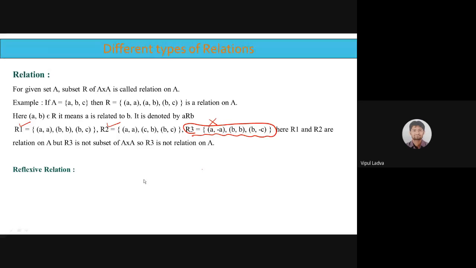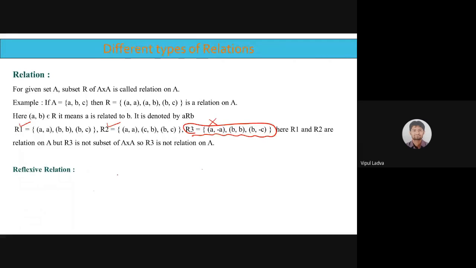Now, once we are good with the definition of relation, we should move to the different types of relation. अब रिलेशन के 2-3 अलग-अलग टाइप, 2-3 नहीं 4-5 अलग-अलग टाइप हैं, जिसमें से फर्स्ट है दैट इज रिफ्लेक्सिव रिलेशन. अब रिफ्लेक्सिव क्या है? When can we say that a relation is reflexive? I'm damn sure one of you can define this relation. Yes, please. If an element relates to itself, then it is called a reflexive relation. I think so. I am interacting with Yash. Yes, sir. As expected. Yes, you are correct.